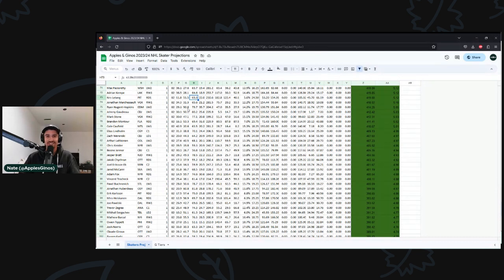Like, Crosby's not going to just take a huge bump in points per game at this point in his career. Neither is Malkin, neither is Guentzel. We kind of know what these guys are, right? So in that case, you might look at Werenski, who I have projected fairly similarly, at least in terms of points. And you might think, you know what, maybe I'm going to go with Werenski over Letang, just because there's actually some positive upside to Werenski, where there's mostly downside risk with Letang.